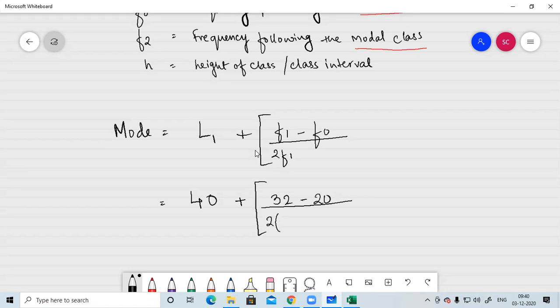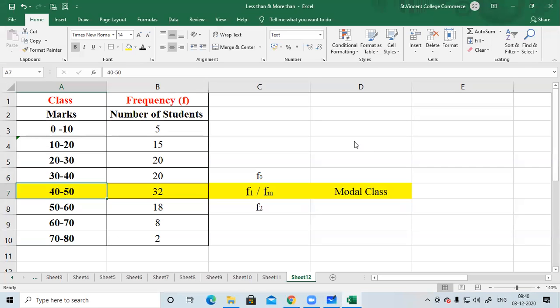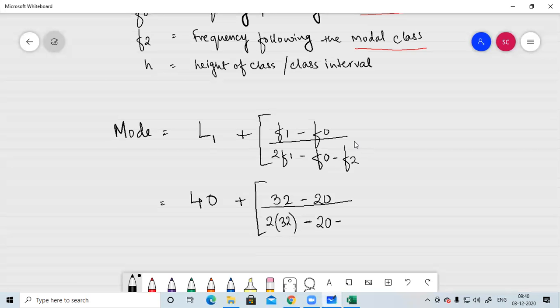So 2 F1, that is 2 into 32, minus F0. So we also have F0, which is 20, minus F2. Now F2 is the frequency following the model class, which is 18. So F2 is 18